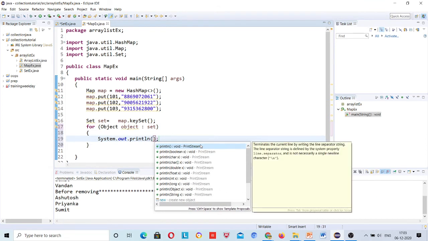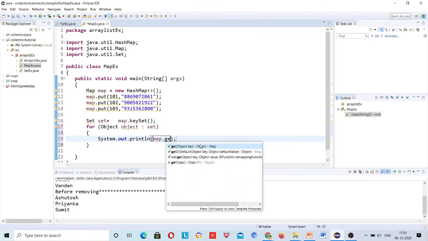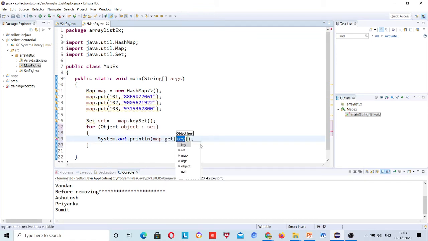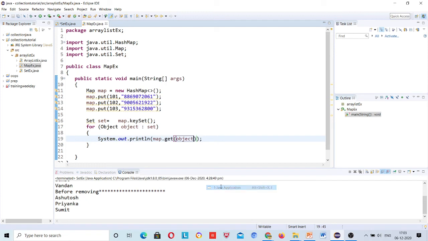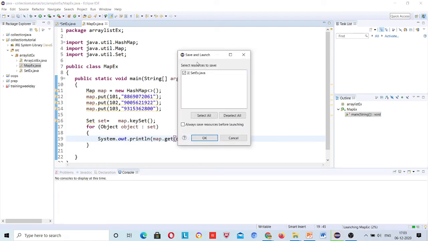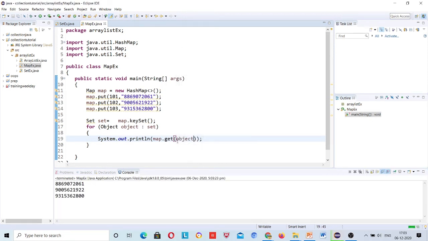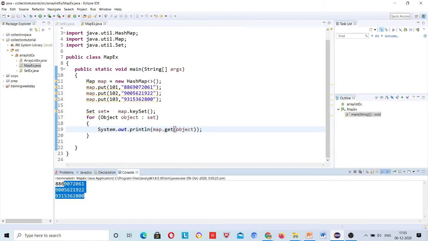Okay, sorry. Map dot get, keyword set, and here I need to write this. Okay, all mobile numbers I am getting.